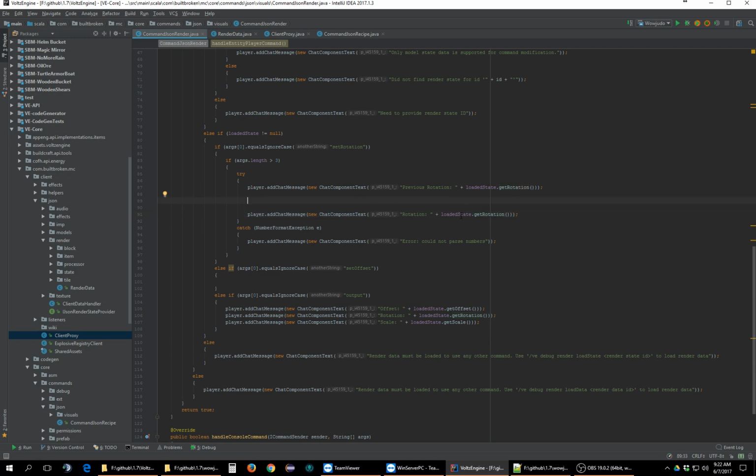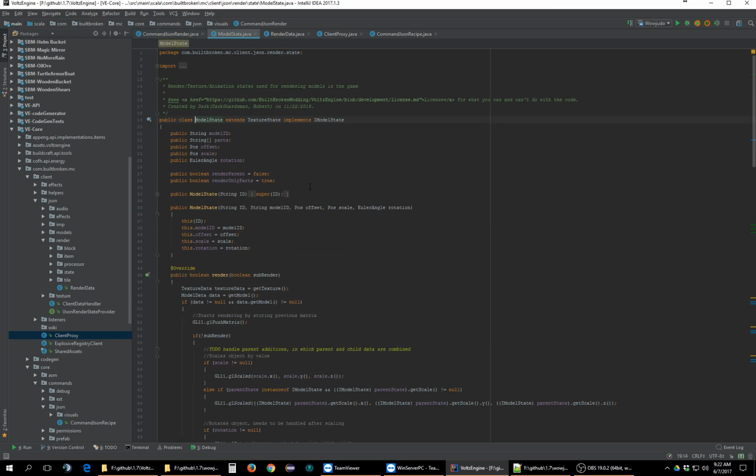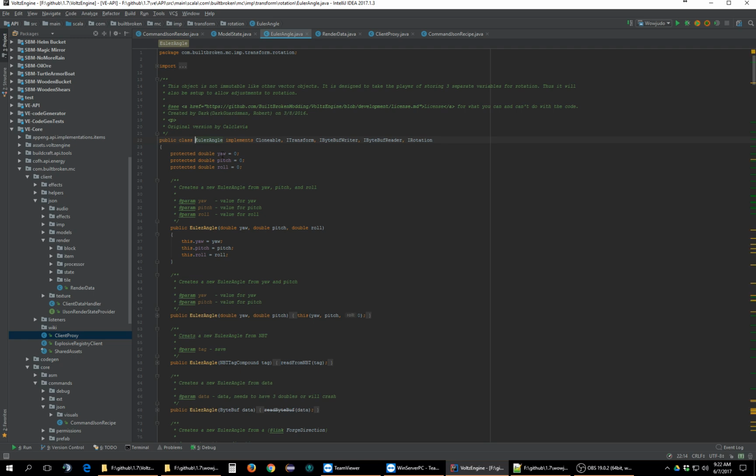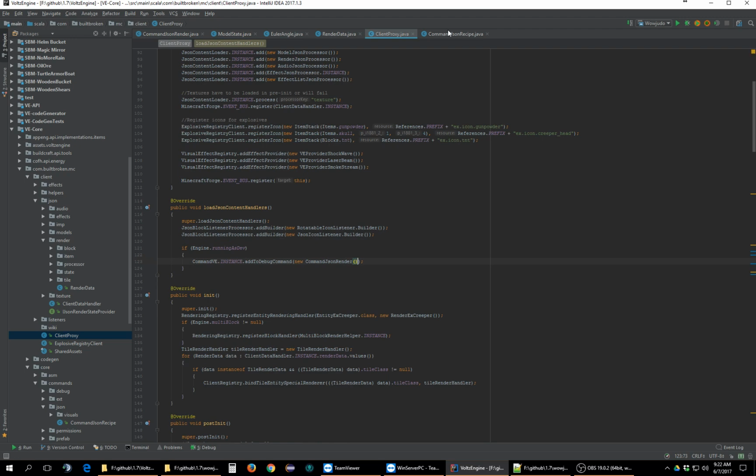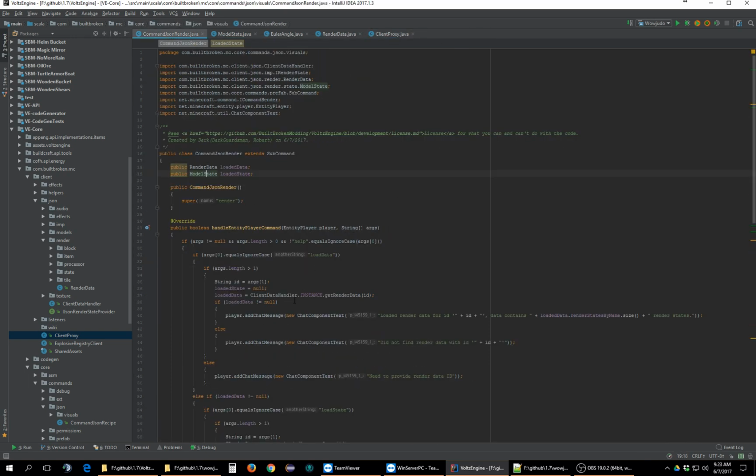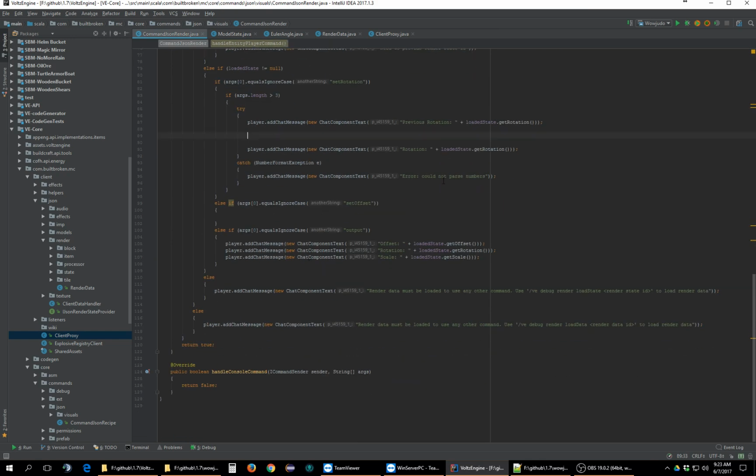So we want to read our values in, and I had to actually just check it. It's yaw, pitch, and roll. Okay, so that'll work. We don't want to make a new data. Actually, we'll just make a new data value. It's not like we're wasting too much. I lost my placement of where I was at. So this will be loaded state dot rotation equals new Euler angle, and then we're going to just go Double dot parseDouble, and this would be